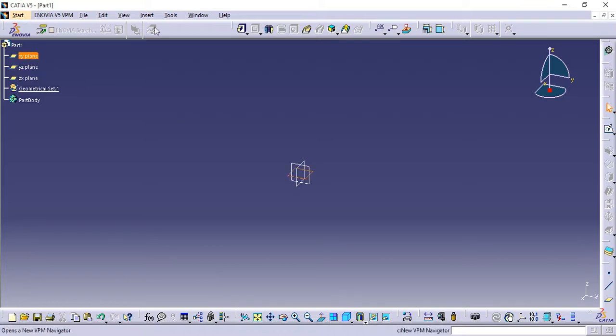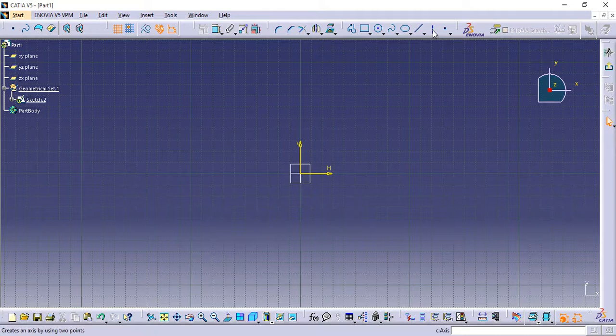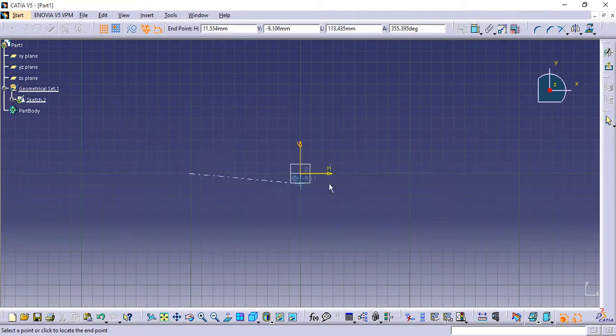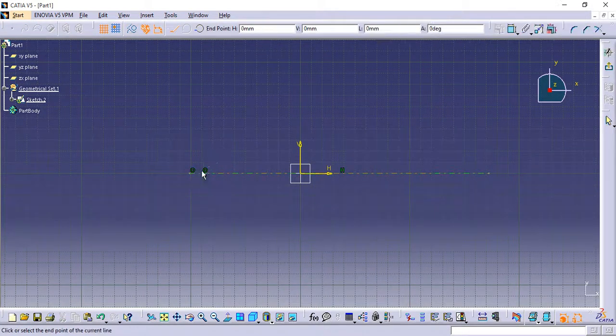So I'm selecting the XY plane and going into the 2D zone. First of all, I will draw a simple axis, that is a reference axis. Then I will draw a sketch of a simple stepped shaft.